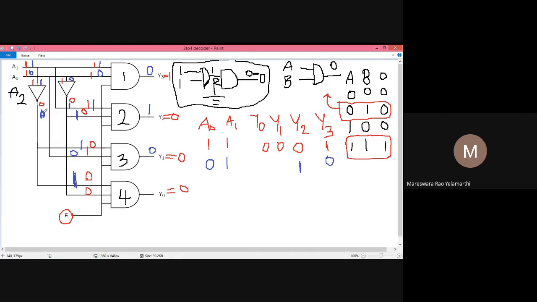Its first input is connected to 0, not 1. The first input is 0 and the next input is 1. So a 0 1 combination gives output 0. Now Y1 is 0 and Y0 is also 0.